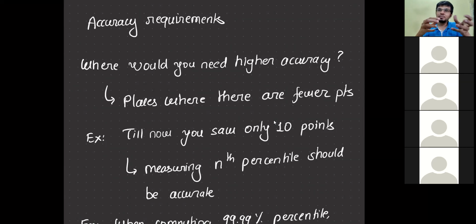Now where accuracy doesn't matter is when you have millions of followers. When you have millions of followers, and let's say you got 50,000 likes, will you go through those 50,000 and see that it is exactly 50,000? That is not what you expect out of this thing. So when your volume grows, it is okay for you to be less accurate. When you have fewer points, you need very high accuracy. It should be near accurate. But when you have far too many points, your accuracy might stumble.